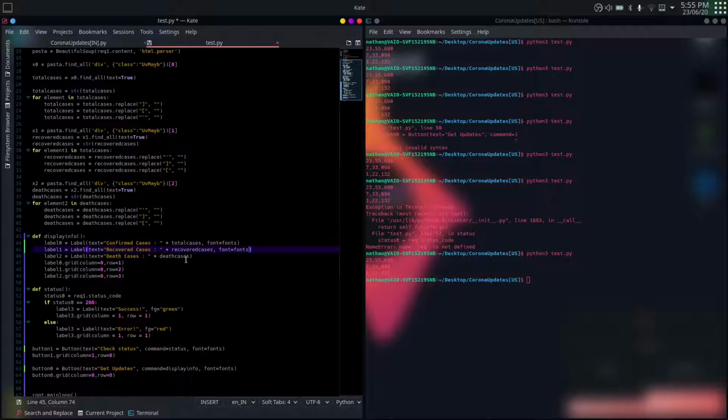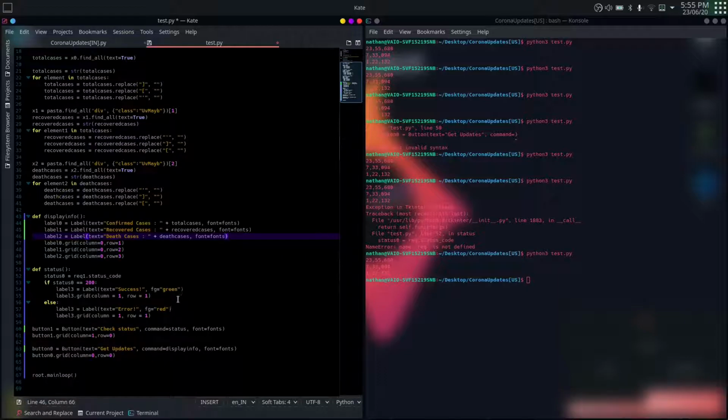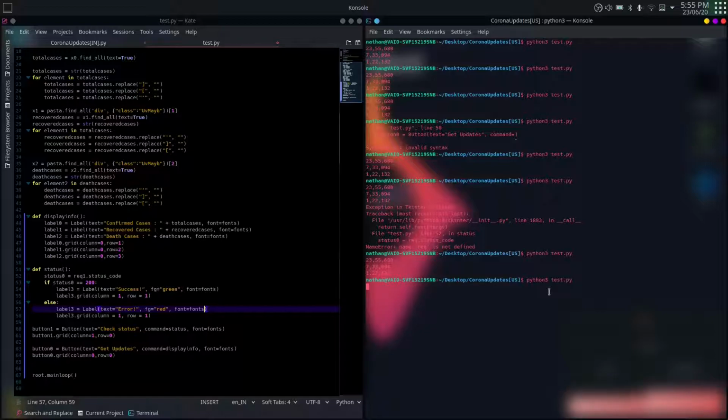And I think we're almost done, and there we go. That should give us new fonts now. So let's just check, run the code again, and after this, if this works well,